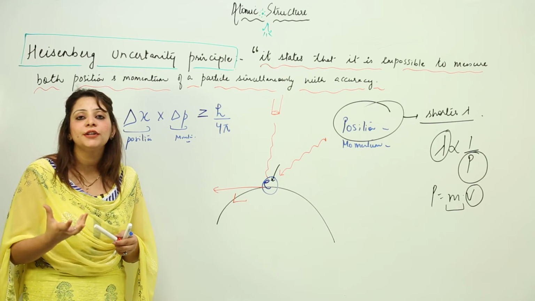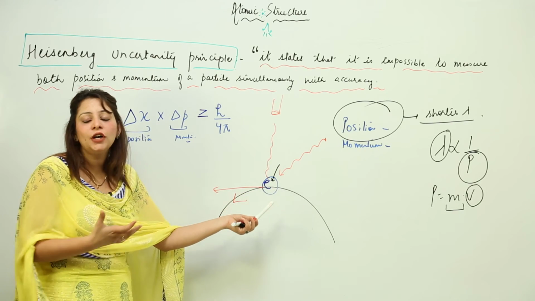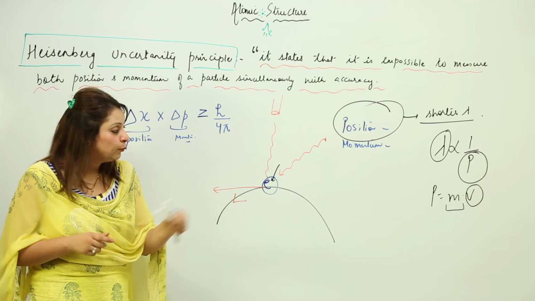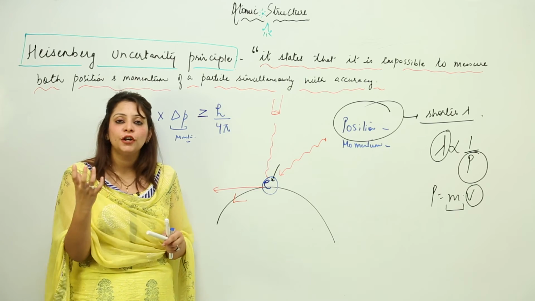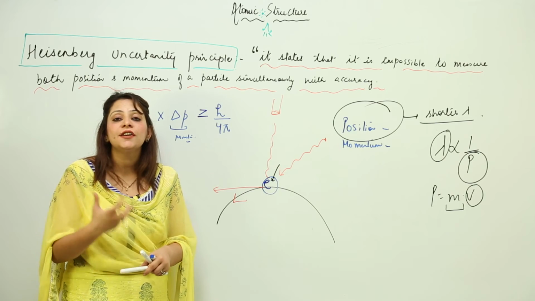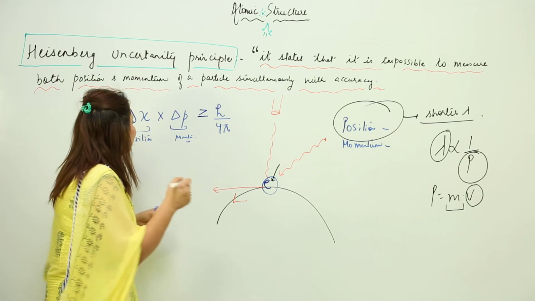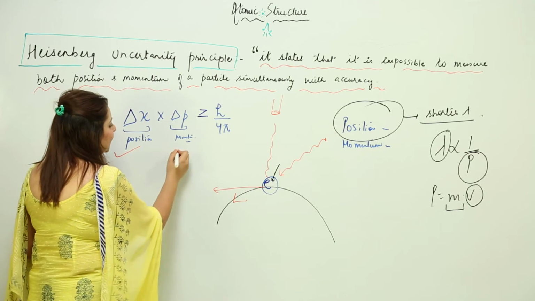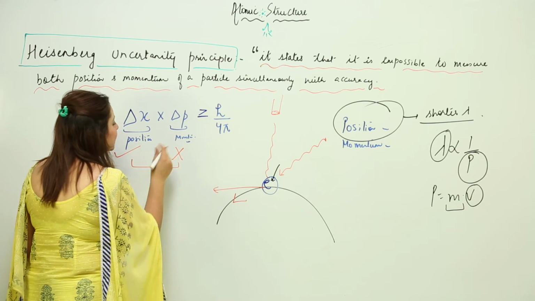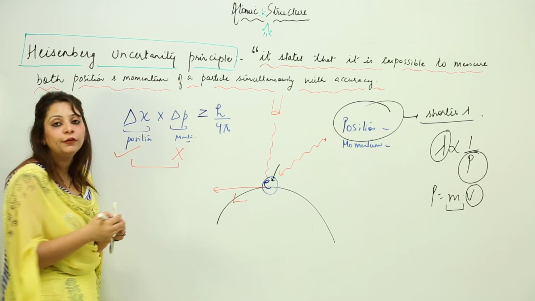or we can say that we won't get the accurate value of the momentum. We have already got the accurate value of the position by using the shorter wavelength, but the shorter wavelength light possesses the higher momentum. So when this kind of radiation or a photon strikes the particle, it transfers momentum to the electron, and as a result, the trajectory of the electron is changed. So that means we are not able to get the accurate value of the momentum. Here our position will be correct, but our momentum is not going to be accurate. So the product of these uncertainties is greater than or equal to h over 4 pi.